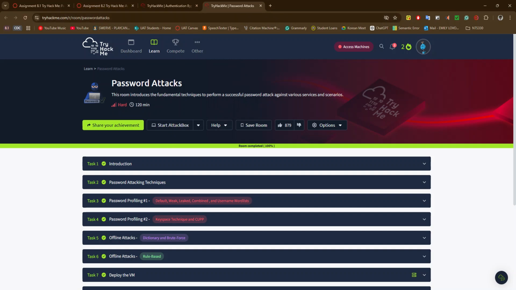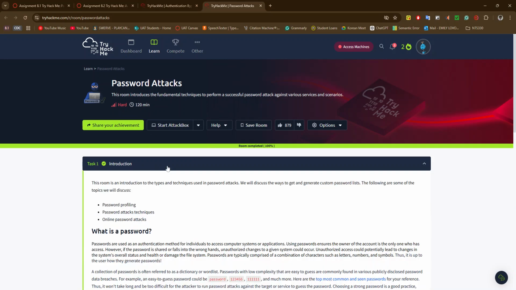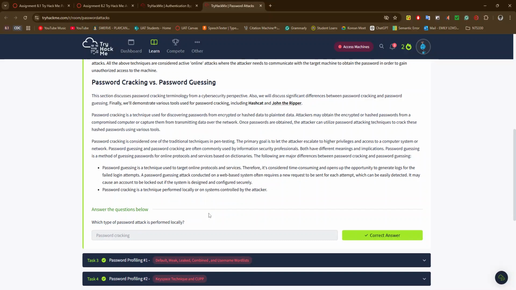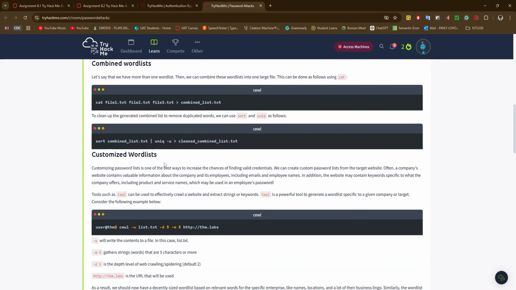And then the next one was password attacks. Oh, this one, I am so thankful that the professor explained this. Because if not, I probably would have been lost in this. So you get the introduction to what is a password, and things like that. Then you have the password guessing, and then password profiling. Okay, so